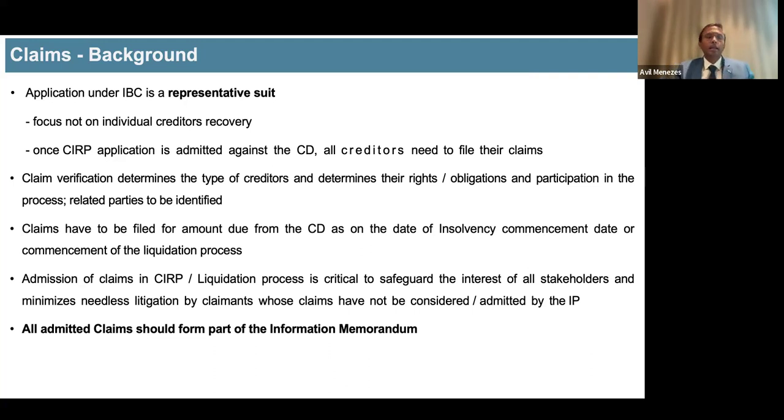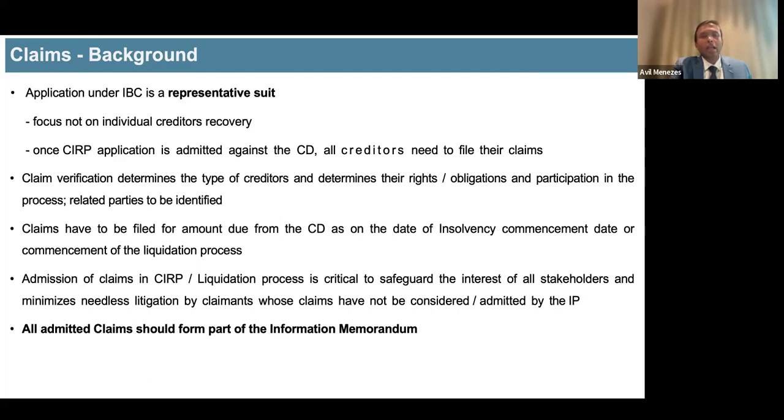So as I've already said, and I'll again reiterate, admission of claims is very critical to safeguard the interest of all the stakeholders in the process. If, as a resolution professional or an insolvency professional, you do the claim admission process right, I believe personally a lot of your issues will get resolved, because the most unproductive time that any IP can spend is essentially in litigation. And the litigation you would avoid by being a little bit more diligent, more cautious, and trying to look at all the aspects while deciding a claim.